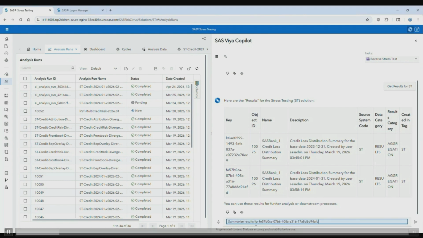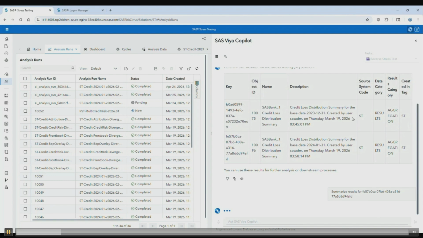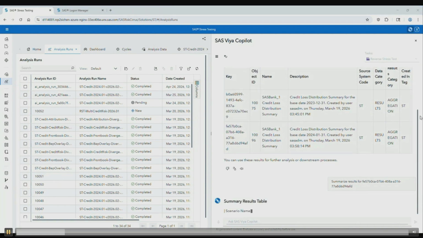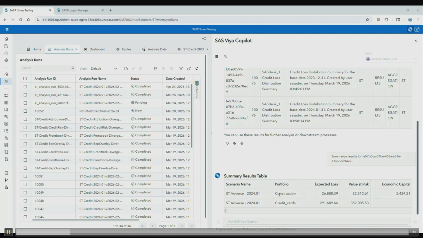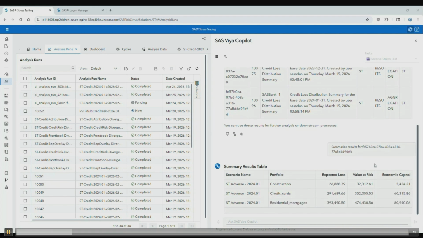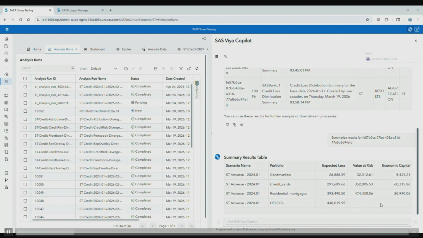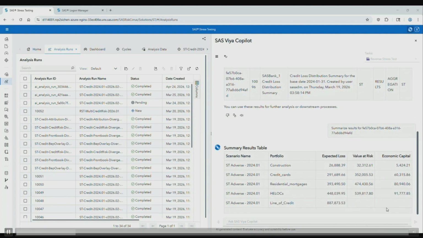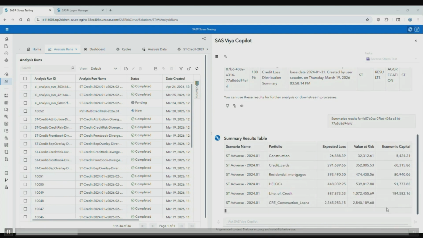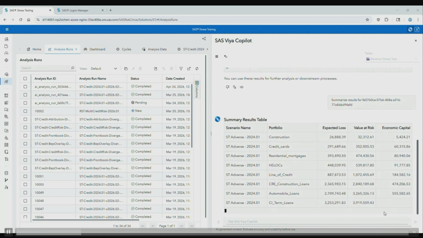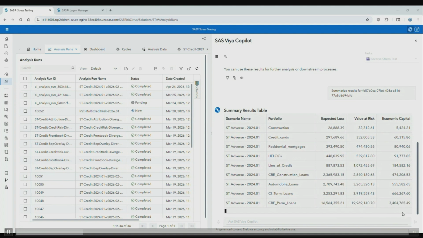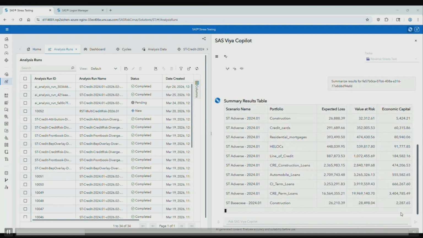I'm going to submit a prompt to summarize the data set. When I do that, the agent is going to look into the data set that's already available in the solution, query it, and come back with the results, where here we have the different scenarios already stress tested on, like the adverse scenario, and then the severe and the base case scenario.